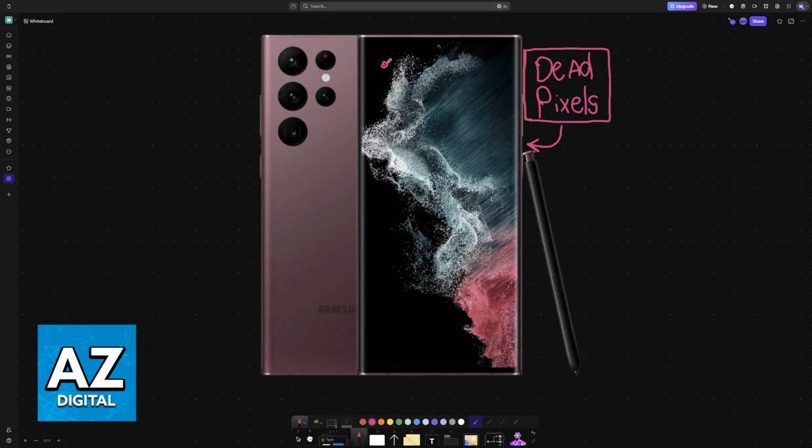If you notice that there is a specific pixel that is stuck on a color like red, green, or blue, or if one of your pixels is fully black as if it was turned off, then you can follow the instructions in this video to address this. Usually this will be attached to hardware, and in that case, if it is a problem with the screen physically, there isn't much to do.